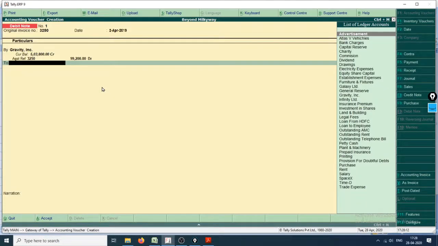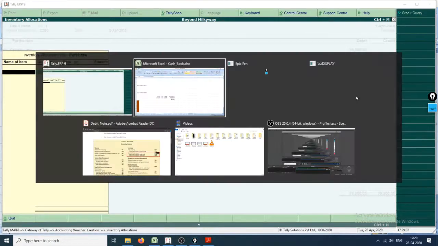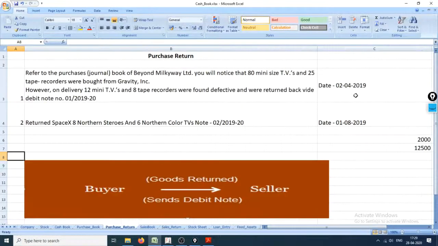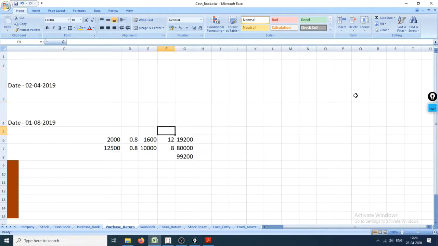Now to which account? What do you think? Let's enter purchase account only. Oh wow, so here it is. That is the way that we can escape these calculations.